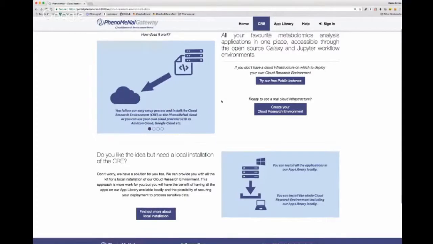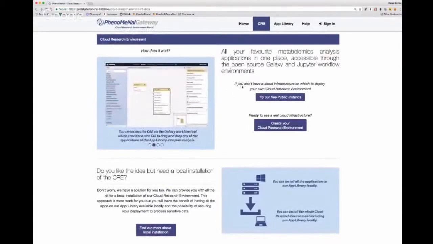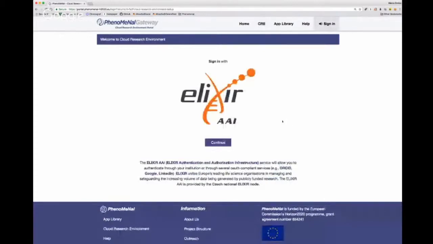Now, if we go back to the CRE section, we can try to create our own CRE on our own cloud resources, which would be private and would be only accessible by us. So let's click on the Create Your Cloud Research Environment button. Now, the first thing we need to do if we want to create our own CRE is to authenticate with the system. Authentication is done through Elixir AAI, which means that the user will need to authenticate